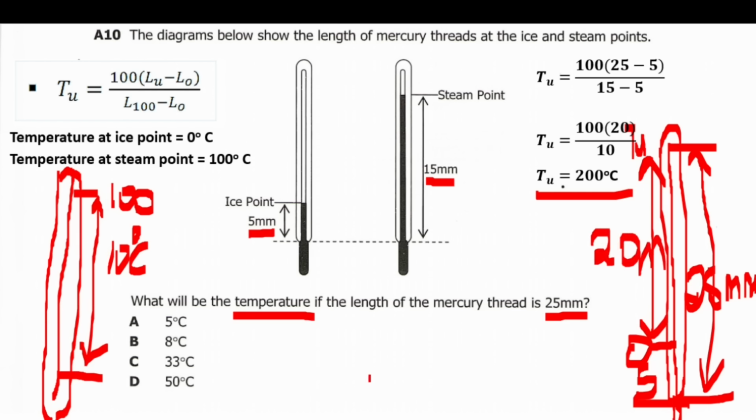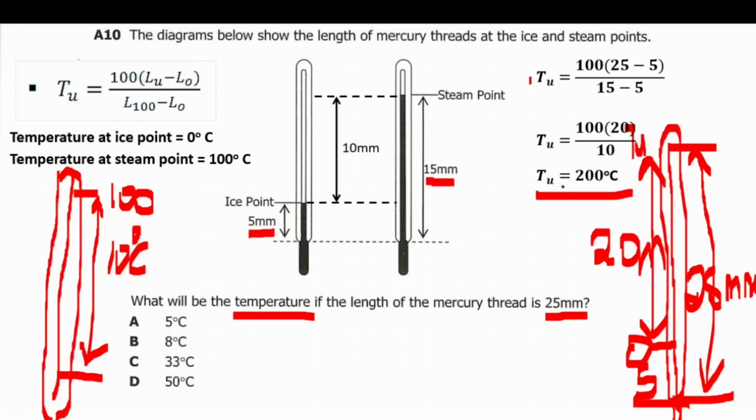So you are going to say now that this is the same situation I had to demonstrate. From here to there is 10. All right. So now what you are going to say is that if from 0 to steam point, which is